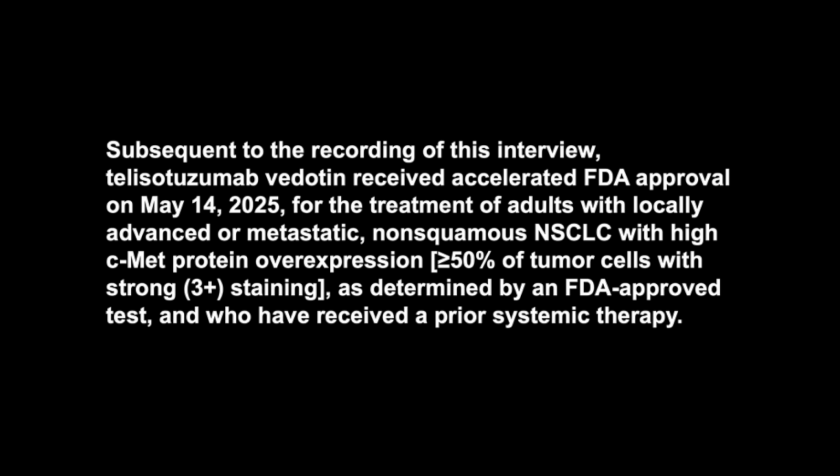Subsequent to the recording of this interview, telisotuzumab vedotin received accelerated FDA approval on May 14, 2025 for the treatment of adults with locally advanced or metastatic non-squamous non-small cell lung cancer with high c-Met protein overexpression, greater than or equal to 50% of tumor cells with strong 3+ staining, as determined by an FDA-approved test and who have received a